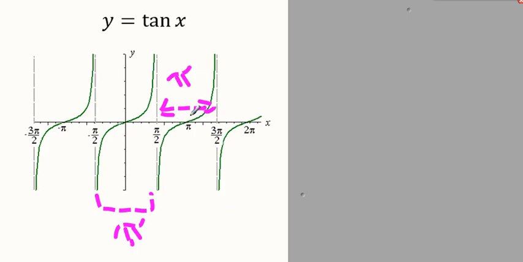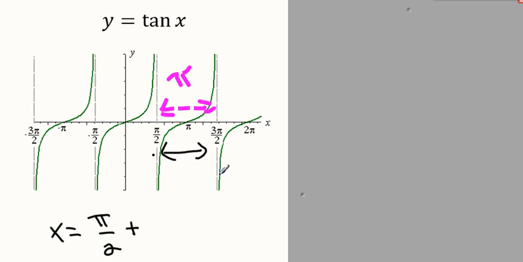And we'll actually talk a little bit more about how to define that, but just since I brought it up, if I wanted to know the locations of asymptotes, this is what I would write. I would say the asymptotes are at x equals pi over 2, because that's the first one, here at pi over 2. And then every asymptote after that is pi units away. So if I went 2 whole pi units to the left, I would find an asymptote. If I were to go 6 pi units to the right, I would find an asymptote. So the way we represent that is like this,